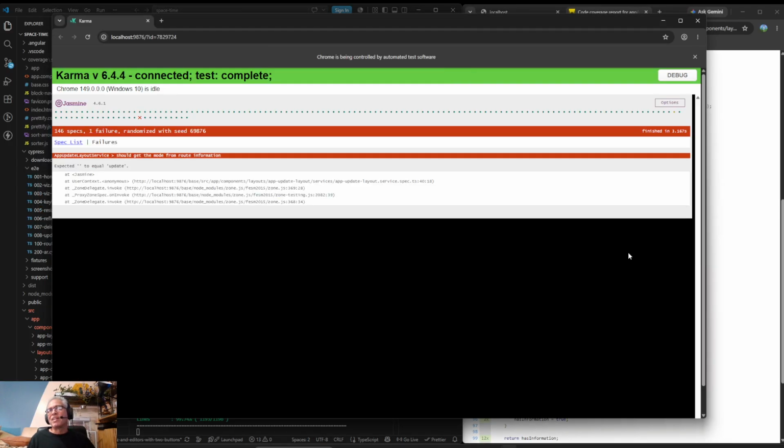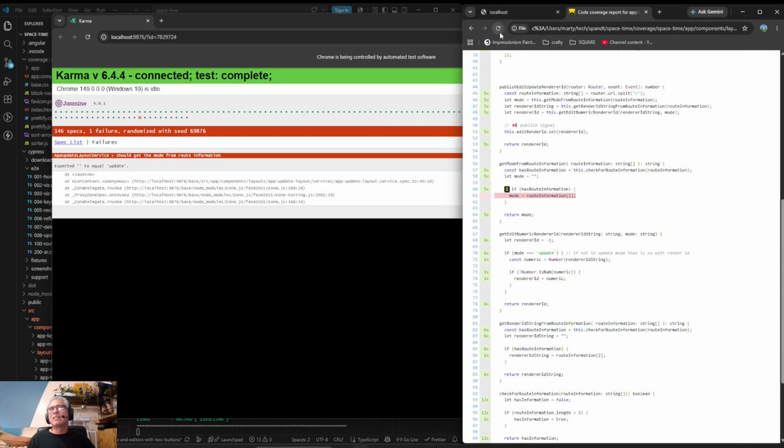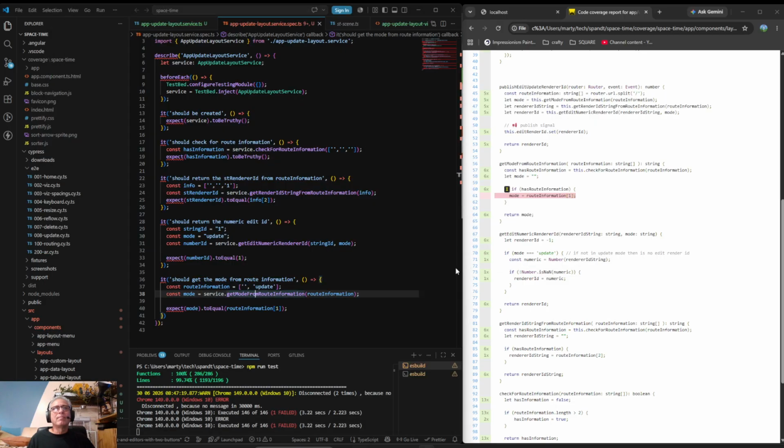We should have coverage now, though. Let's see. What? Maybe it doesn't generate it if it fails. I don't know. That was weird. So mode, and then it returns mode, and that should be the first item, and we're passing with the route information. All right, well, let's try this first then.